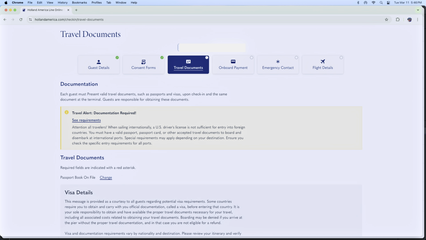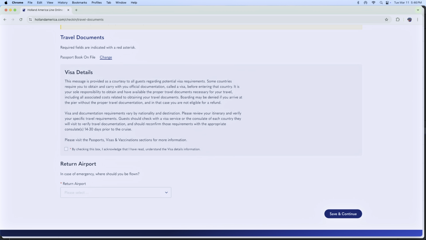If you've traveled on a Holland America Line cruise before, your information will likely already be imported into here. And that is the information from your passport. Those are your travel documents. You'll also have to verify whether you need a visa or not during your cruise. There are a number of countries that require travel visas, even if you're going on a cruise ship, and if you're only going to be in port for 8 hours or so, you may still need to apply for or purchase a travel visa for some countries.